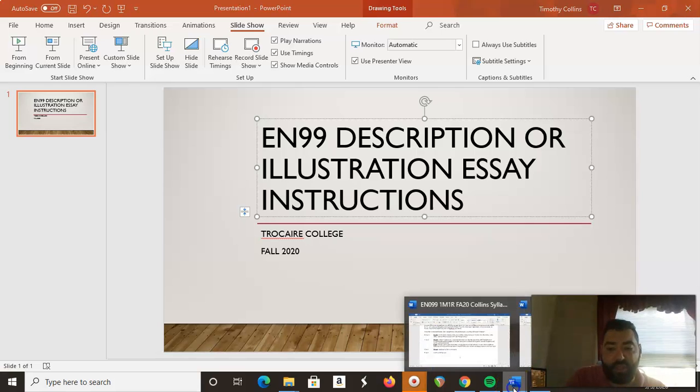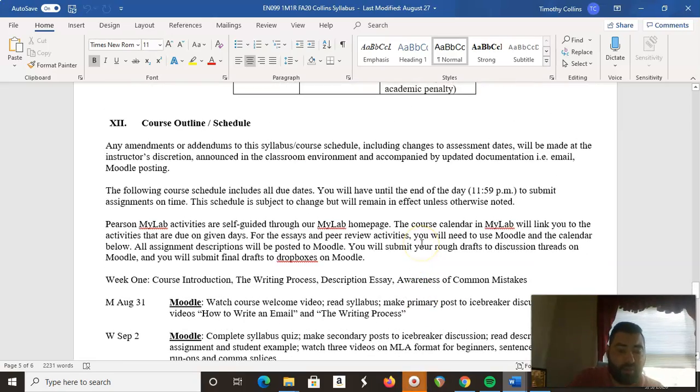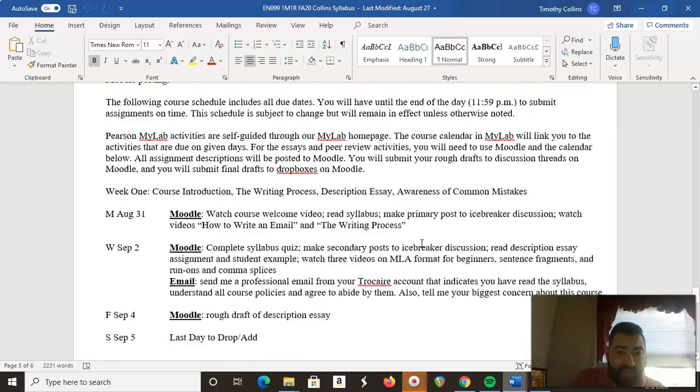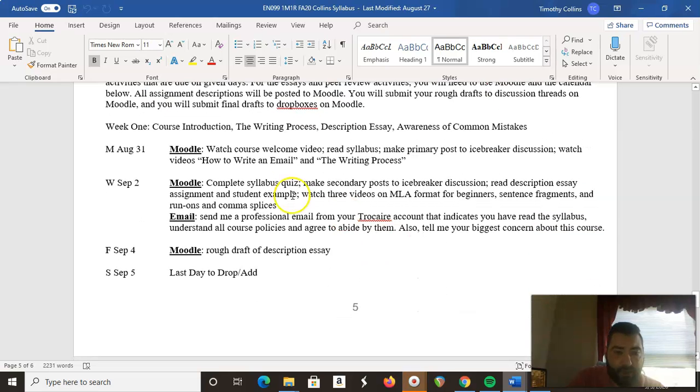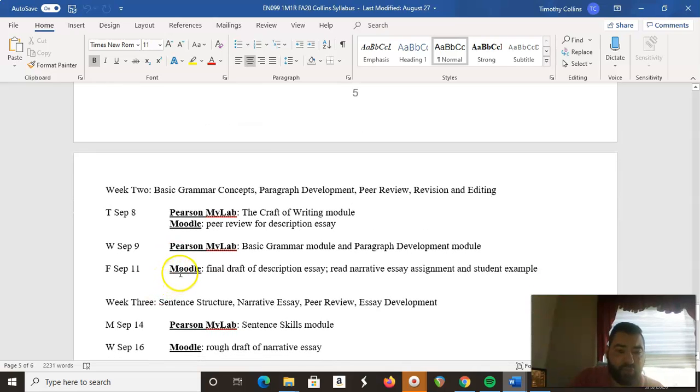So first of all, let's look at the syllabus just to see what we're looking at. This is the course calendar on our syllabus, page 5 it begins on. You'll notice that by the end of the day on Friday the 4th, you should have a rough draft of the description essay in, and then you're going to do a peer review. You're going to read each other's essays and give each other feedback. During this time, I'm also going to give you feedback. And then the final draft that should be revised, edited carefully,